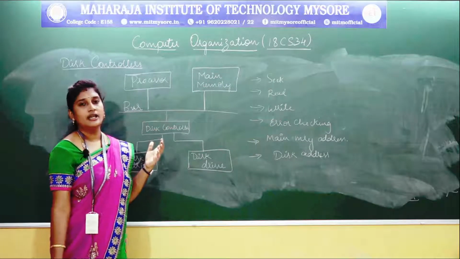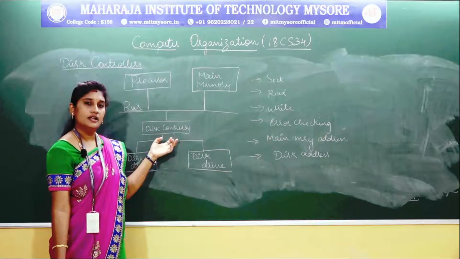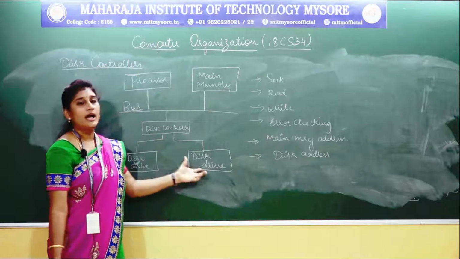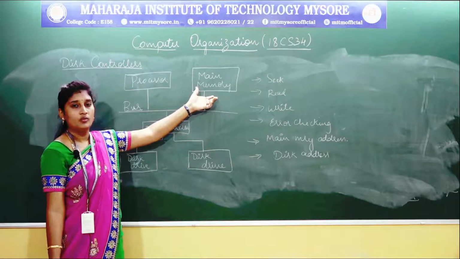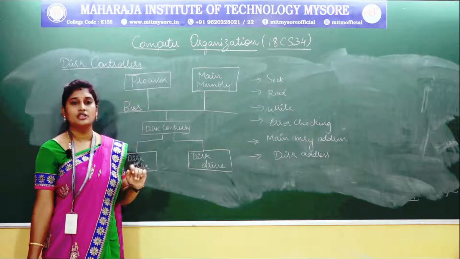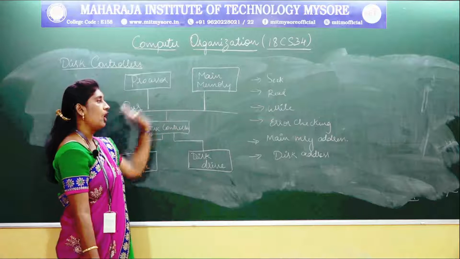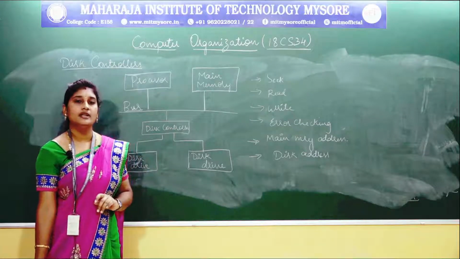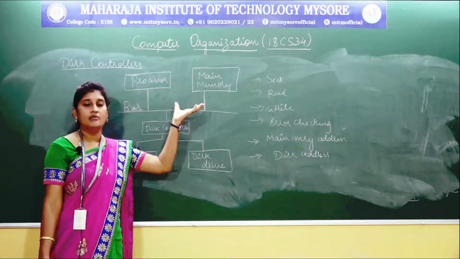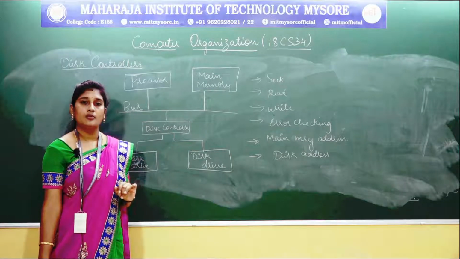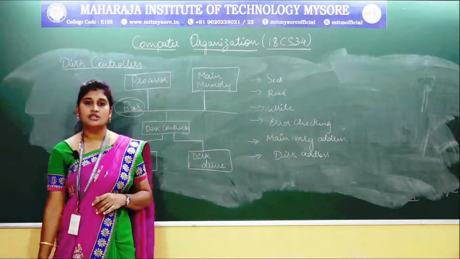So to fetch the data from your disk drives, again you need an interface, that is your disk controller. Through the disk controller you can access a particular disk drive, so that the data is moved to your main memory, and from the main memory it reaches the processor for execution. Fine, this is how the simple organization of the disk controller is done for the communication of data from the secondary storage to your main memory, as well as the processor. The communication channel responsible is your bus structure.